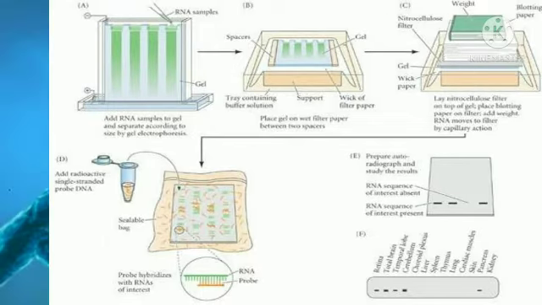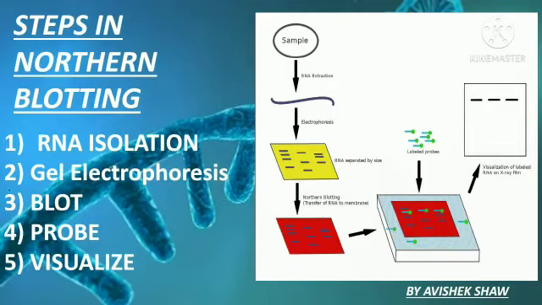So in a tray, a buffer will be there, and we all know that due to capillary action, our sample from the gel will be carried out to our particular membrane. So a support is there in the buffer, and a same-size membrane is necessary to use, like we did in southern blotting. Now transfer happens slowly due to capillary action. Now from the gel, RNA samples are transferred onto membranes through capillary rise. When the paper towels are wet, we can know that the transfer process has been completed. Now to fix, UV light is used.